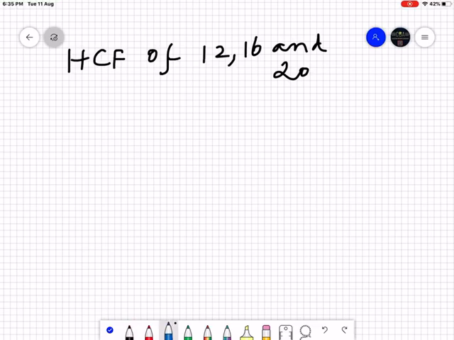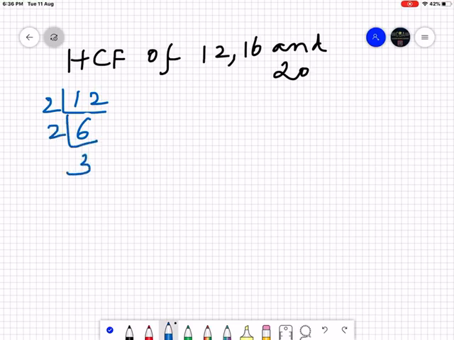Alright, so first I will show you the HCF process. How do we find the HCF? We do the prime factorization of each of these numbers separately. I'm going to use the tabular form of prime factorization. You can also use the factor tree, but here I would go with this. First I'm taking the number 12. This goes 2 times, and this is 6, so then 2 times and then 3.